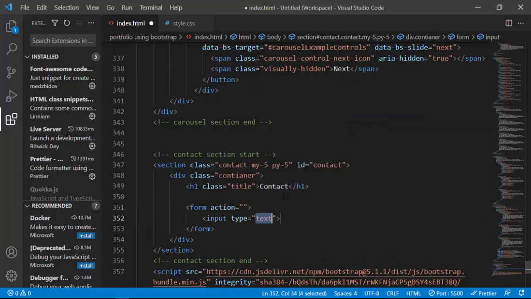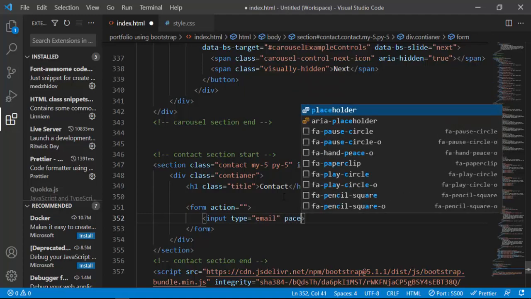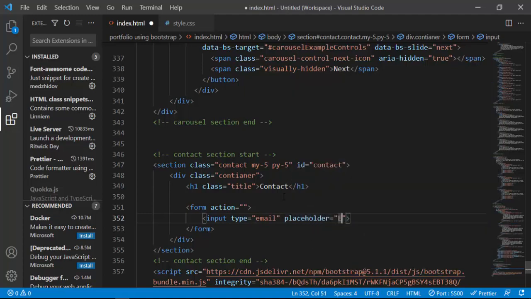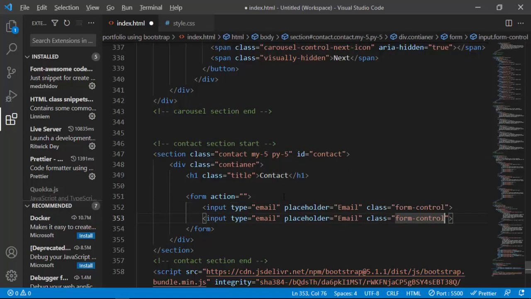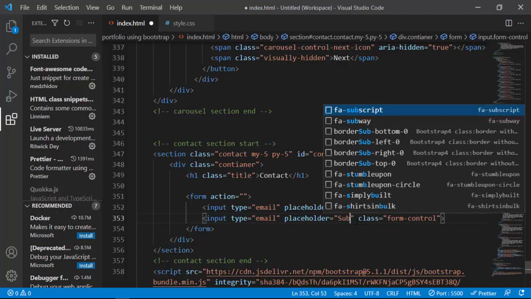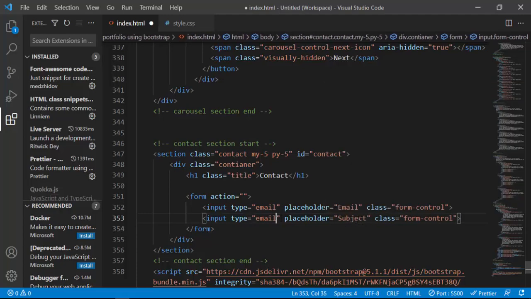Then I'm gonna create an input with a type of email, and its placeholder is gonna be email, and I'm gonna give it a class of form-control. This is a Bootstrap class, form-control, and then I'm gonna duplicate this one more time and change this one to name. Actually, subject we don't need, and this type is gonna be